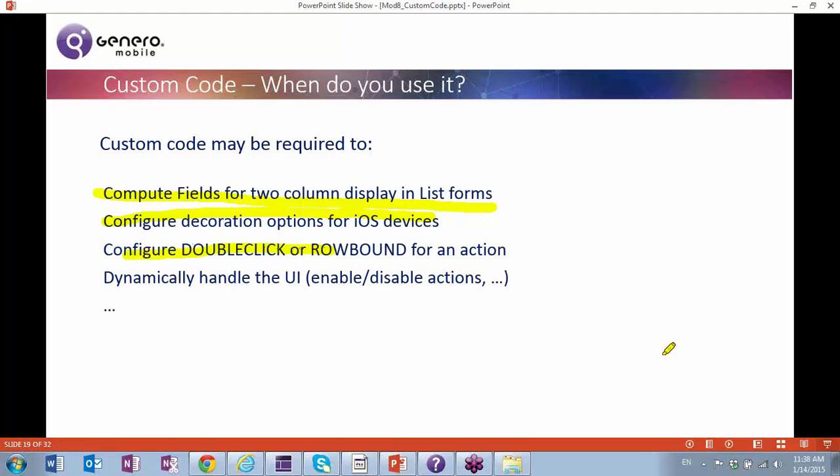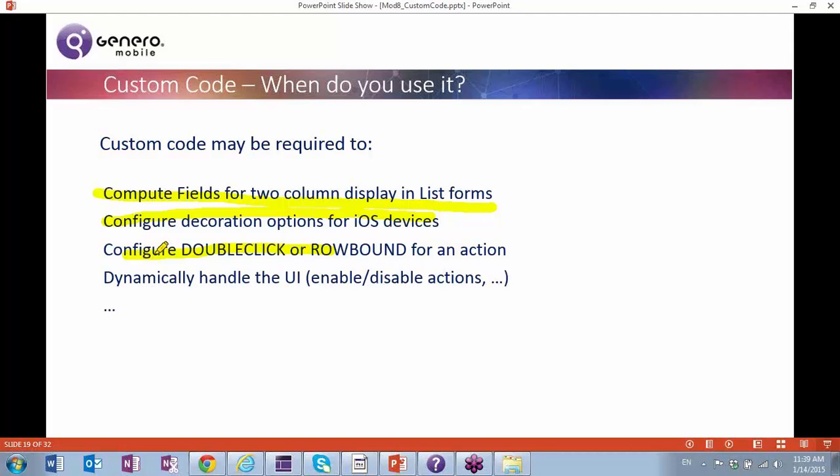We had a table property in a list form where we could go in and specify this double click property at the table level so that a user could tap, right? He taps on a row to select the row, and that was the double click functionality. So we're going to learn to do that in the custom code because you have a lot more power and control over double click and the functionality if you do it at the display array level, right? That's part of the display array